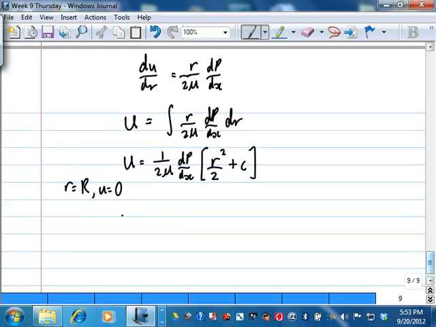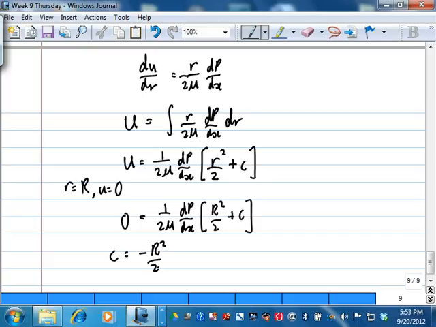So we can say 0 equals 1 over 2 mu dP on dx times R squared over 2 plus C. So C is equal to minus R squared over 2, multiplied by 1 over 2 mu dP on dx. So actually the velocity profile U as a function of R is equal to